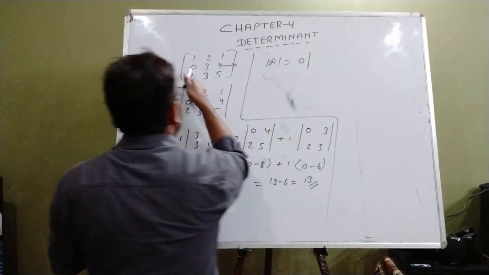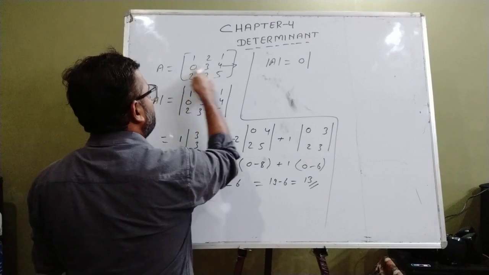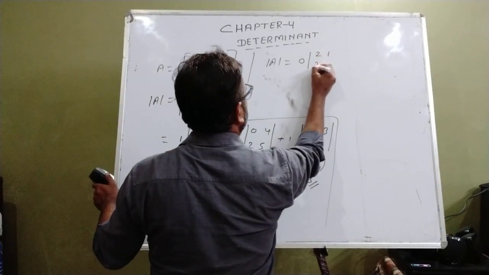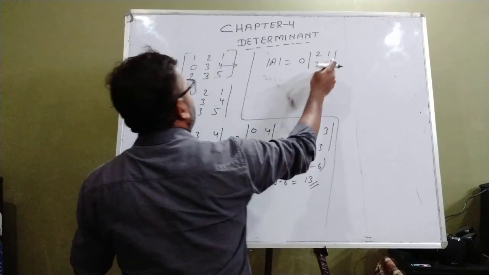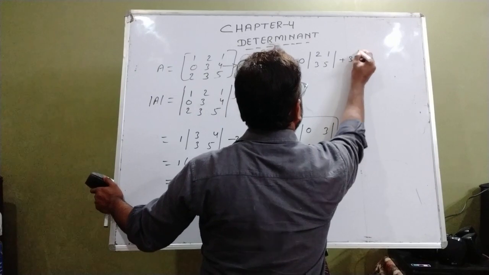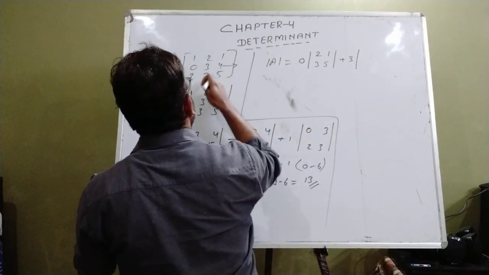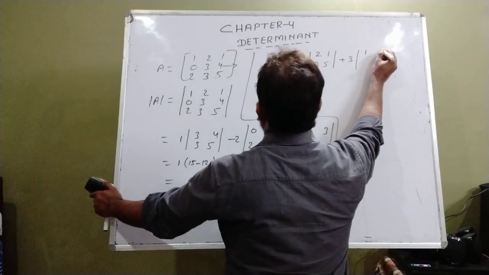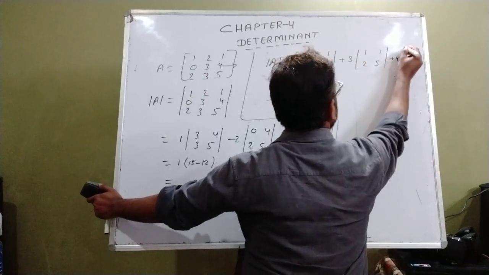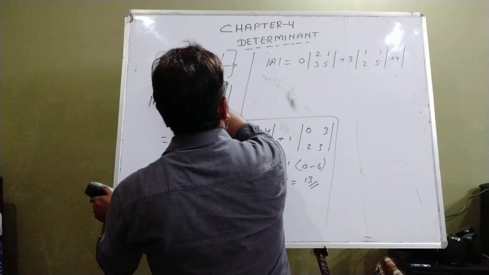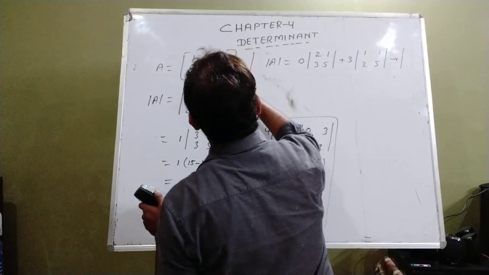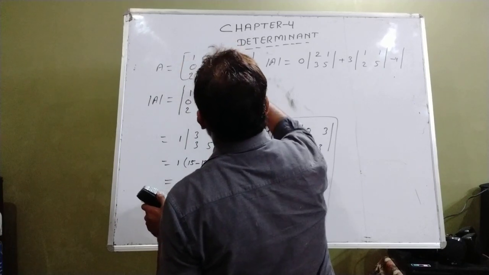And if I am taking 0, then delete this row and delete this column. So the sub matrix forms 2 1 3 5. Then after the sign will be minus, then plus of 3. Delete this row, delete this column. That will be your 1 1 2 5. Then after plus of 4. This is minus plus and the sign is your minus 4. Then now this will be cancelled and this will be cancelled. This will cancel and this will cancel.